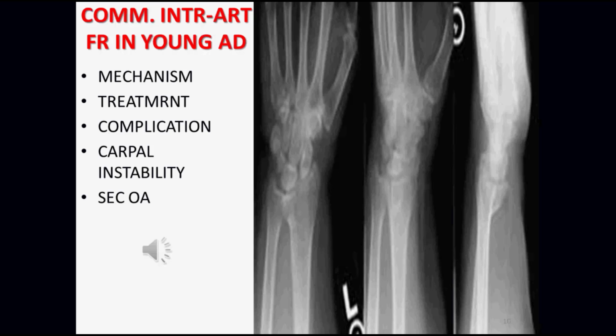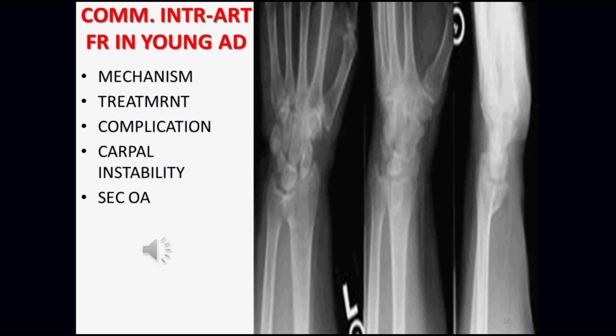Comminuted intra-articular fracture in young adult. This is a high energy injury causing comminution in the intra-articular surface of the radius and sometimes ulna. The result is usually loss of joint congruity. The treatment, usually the simple option, is manipulation and cast immobilization if perfect reduction is achieved and